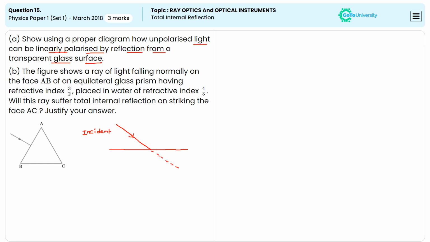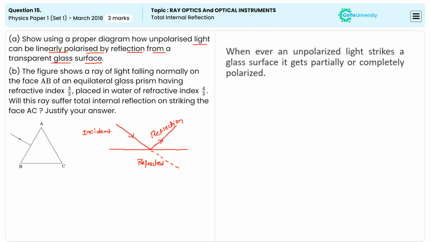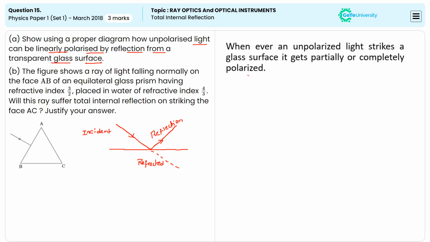this ray we call a refracted ray. And if it is like this, then it will be reflected in this direction. This is what we call the reflection ray. Okay, and as we know, whenever an unpolarized light strikes a glass surface, it gets partially or completely